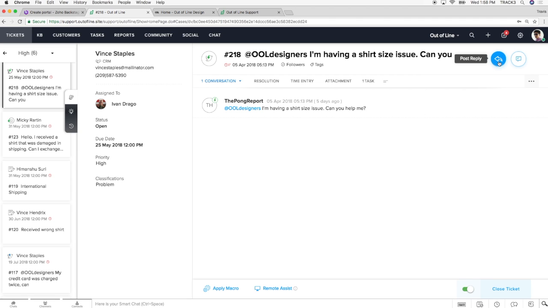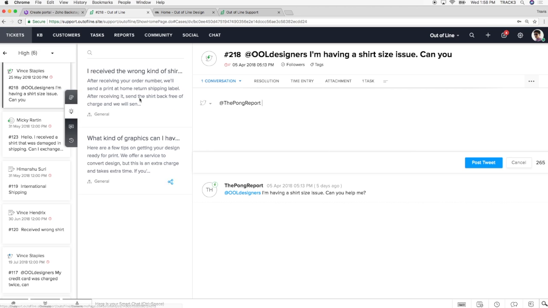So here, if I click reply, you see this column here change? It's reading the subject of the ticket and the content of the message, and it's suggesting 2 articles from our knowledge base. So as a consumer, maybe I don't know that you have a knowledge base that I can use. It still should be of some use to your agents, right? All this time and work has been put in on refining this thing, this big database of information. If the customer doesn't see it, I as the agent should still be able to use that, or at least maybe I don't know the answer to this question they have, this problem they have, and the knowledge base does.